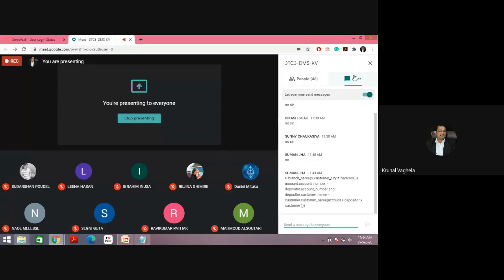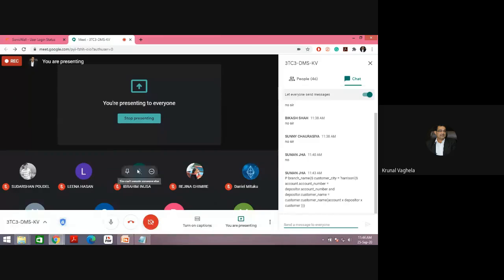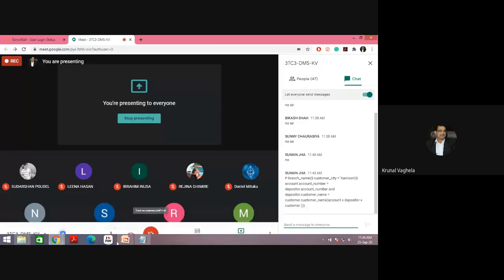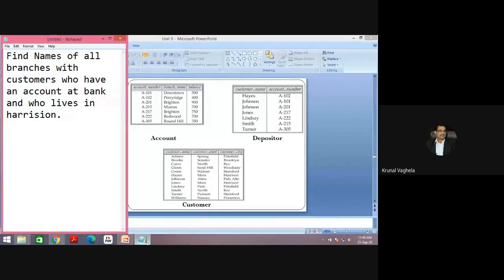Good, Suman. Your query is almost right, but it needs a little bit of optimization. But yes, you will get the output from here. Good. Anyone apart from that?